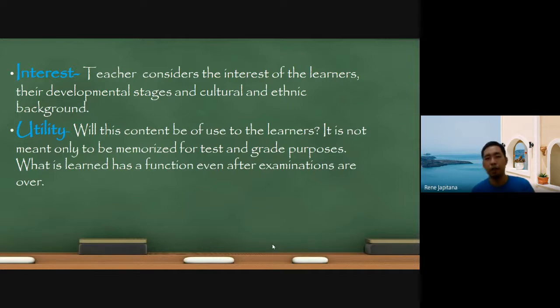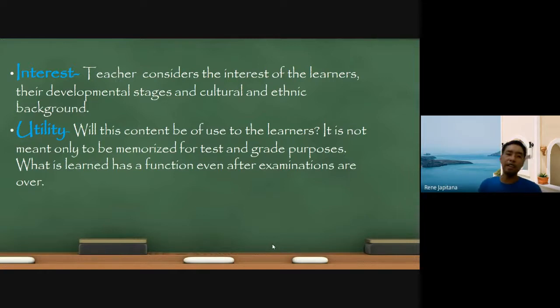For example, a class may be composed of indigenous people, with inclusivity. We really promote inclusivity in the class. So if you have members of the indigenous people, we also consider their interests. When our learners are diverse in a certain setting, of course, we need to address their interests.